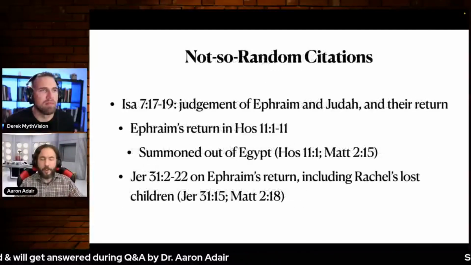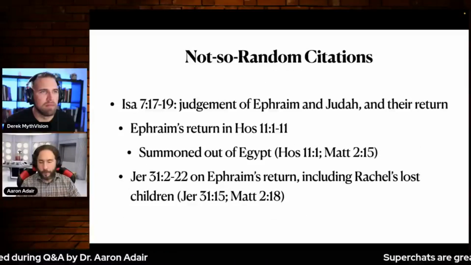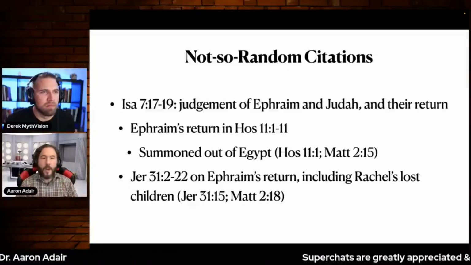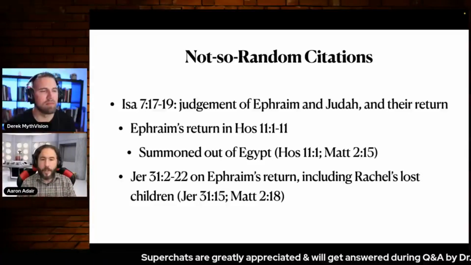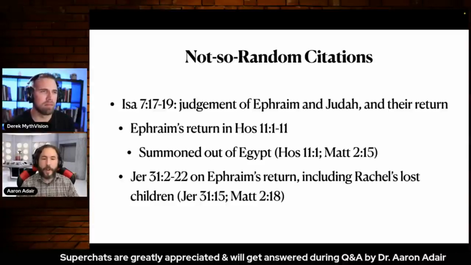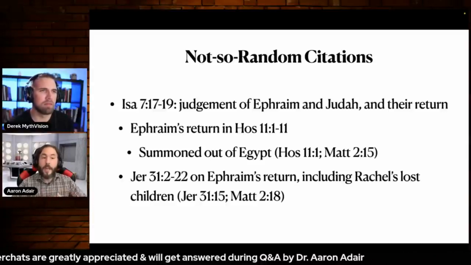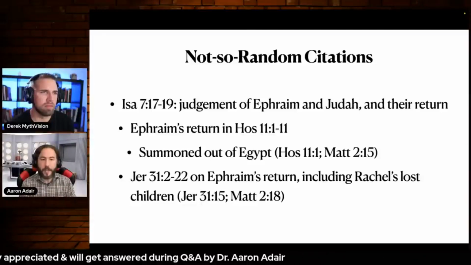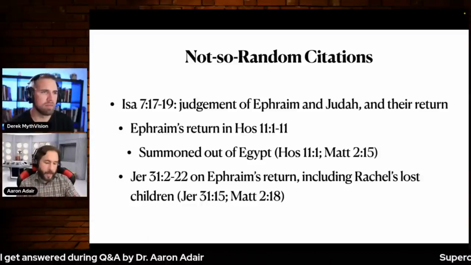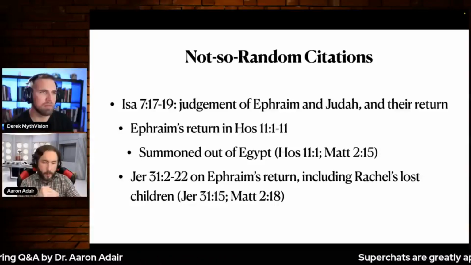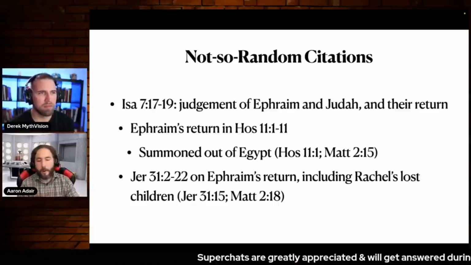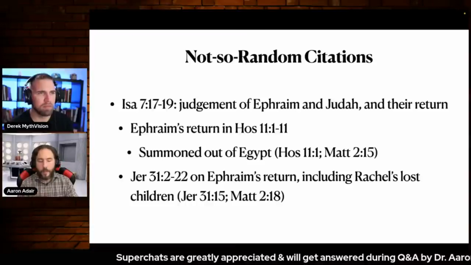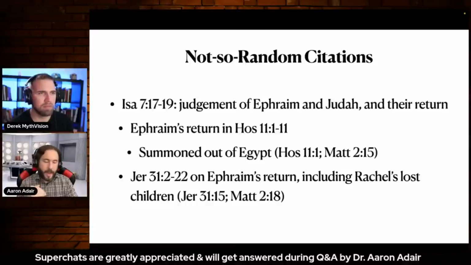If we continue to go through and look at the verses after the virgin birth prophecy, Isaiah talks about judgment against Ephraim and Judah, but then their final return, their final reconciliation together. So in the strategy of the Pesher technique, if you're reading through and you say, okay, the theme here is return from exile, and it's going to relate to Ephraim, you're going to say, all right, where else in the Hebrew Bible does it talk about Ephraim and exile